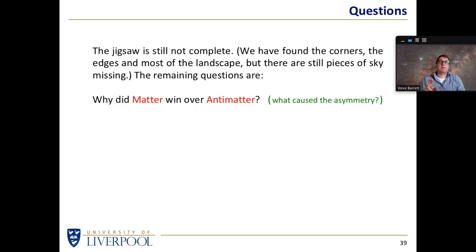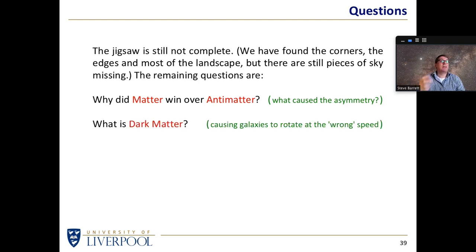Why did matter win over antimatter? Why did they get out of balance? Why didn't the universe make the same amount of both? In which case, all the matter and antimatter would have annihilated, and we would be in a universe which was full of light and nothing else. Well, I say we. Of course, if there was no matter, there wouldn't be any we. The universe would simply exist as a very large sphere full of light, and there would be nothing else. So it's just as well that matter did win over antimatter, but why did that asymmetry arise?